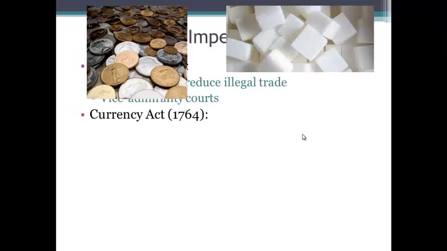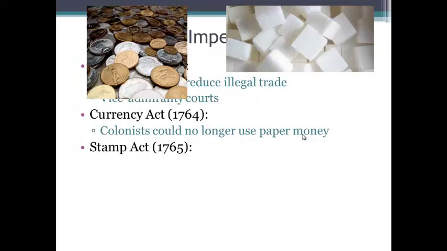In the same year, we have the Currency Act passed, which stated that colonists could no longer use paper money. And this was hard for a lot of colonists because there was not a large supply of gold and silver. Many of them did not have any. Those two acts kind of upset the colonists, but the mother of all acts that upset the colonists was the